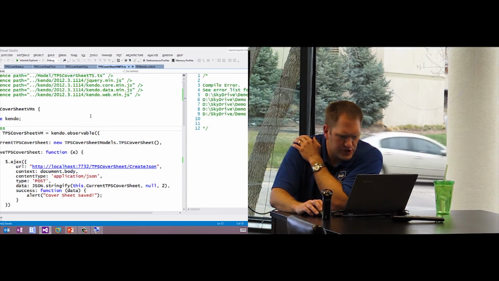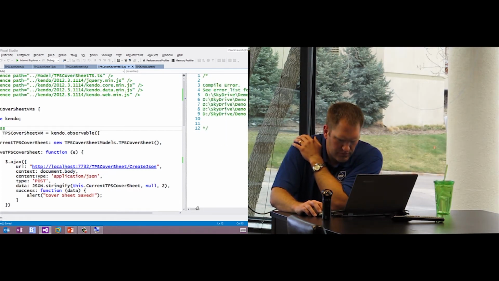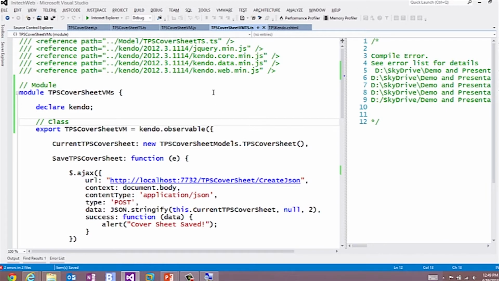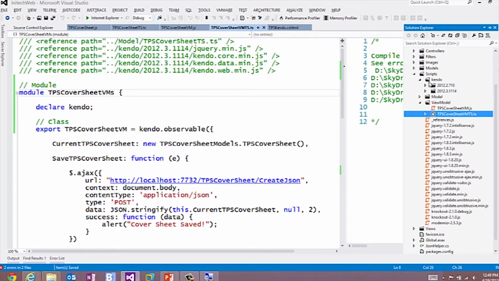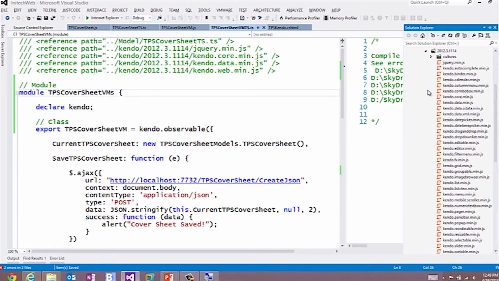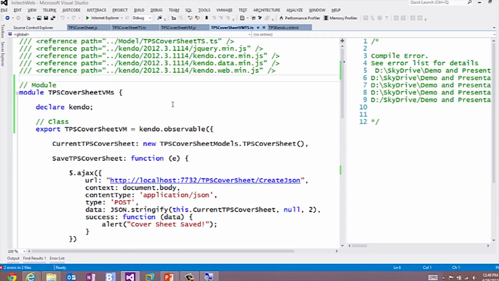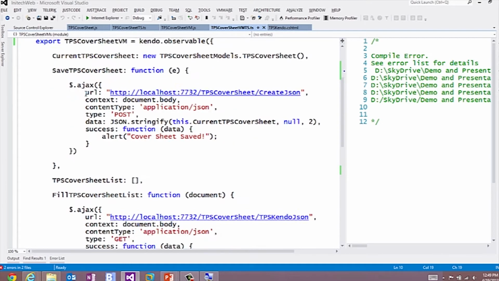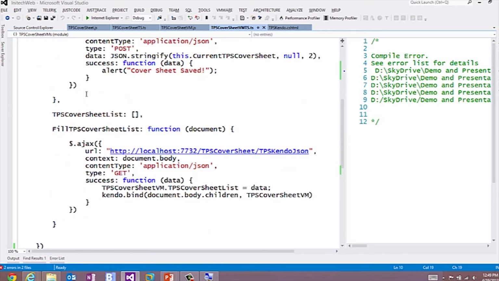Because that's when the compilation should occur. And it's still giving me some issues with incorrect references. So I'm still unsure I'm going to the right place with my Kendo. So I'm going to Kendo, jQuery min. That should be okay, but let's just move past that for now. So I declared the Kendo there, and let's see if we can get it to actually spit out some JavaScript